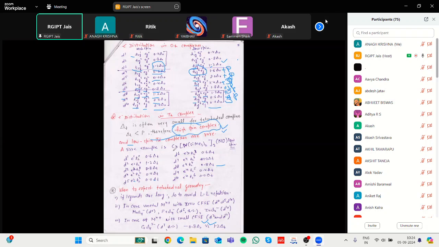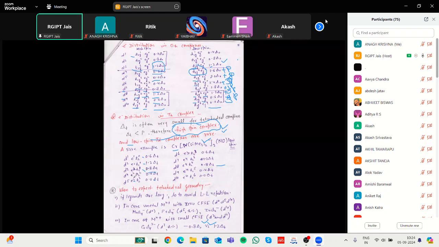If we take an example of a chromium nitrosilicate, this is the tetrahedral complex. In this case, if we take an example from d1 to d5, the one electron that is filled in e and t2 gives minus 0.6 Δt. After that, if two electrons are paired in filling, that is minus 0.6 into 2. This way, minus 0.4 into 2 plus 0.6 into 1. That is total minus 0.8 Δt.